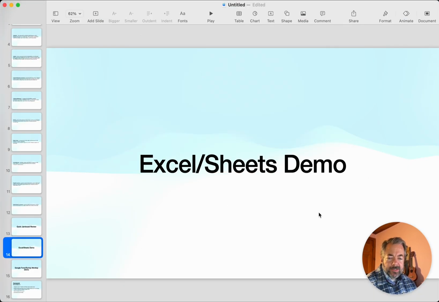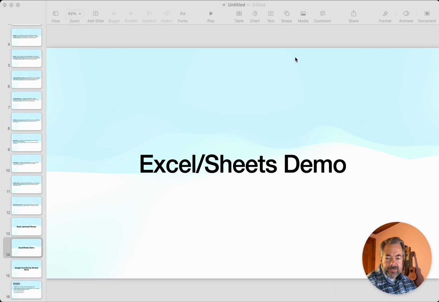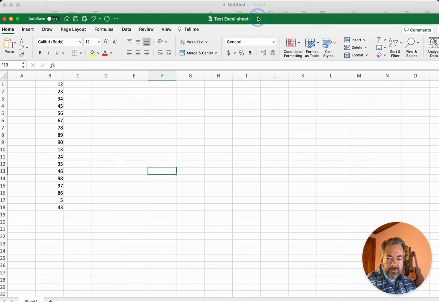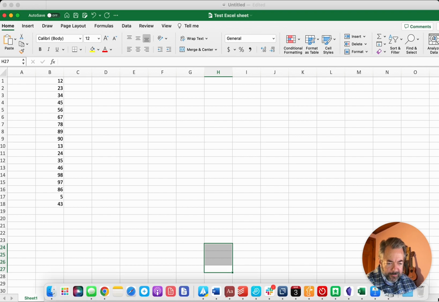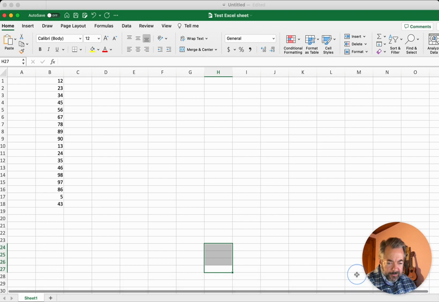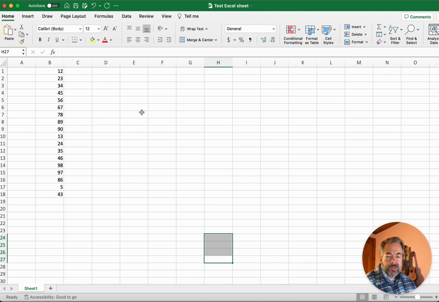Real quick, if you're going to be collecting any quantitative data, there are some really simple ways of averaging, of giving sums and getting high and low. So I'll do Excel as well as Sheets. So if you look at Excel, I've got to move this over here. I just put in some random numbers. I may have to move this up. There we go. Okay. If you have a row of numbers, let's say you're doing some sort of survey or whatever, and you have a bunch of numbers,